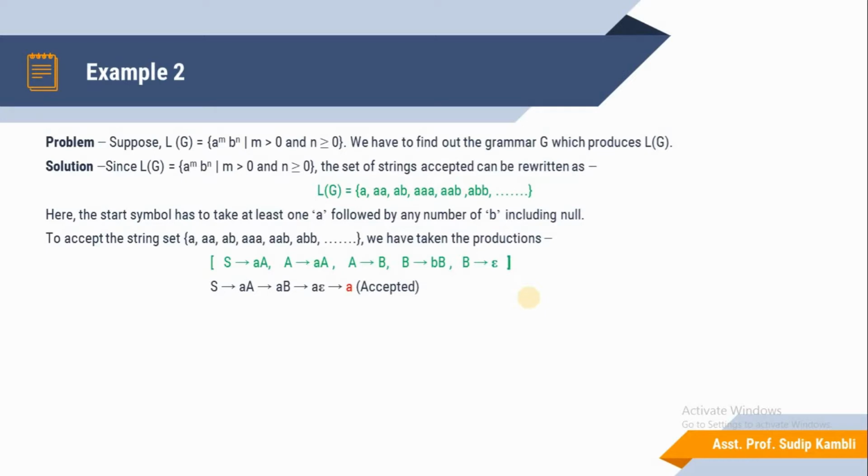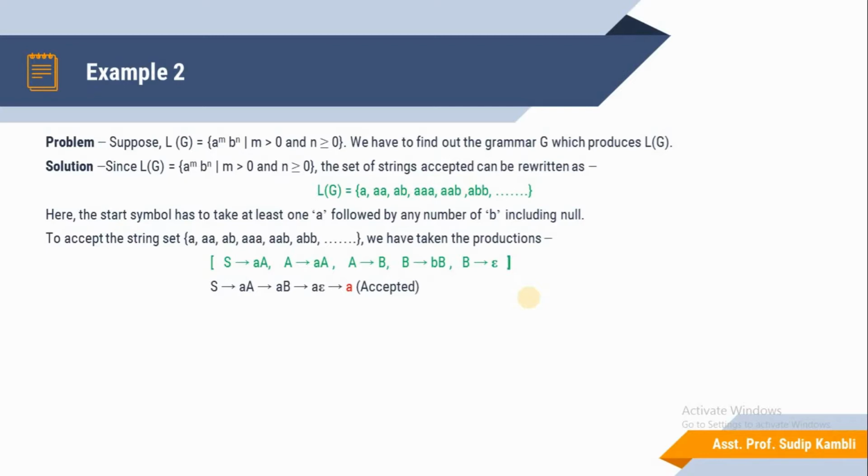So here the first string is accepted using the production rules. S is the start state symbol. S derives aA, which is the start production rule. A is replaced by B, a non-terminal symbol, using those production rules.